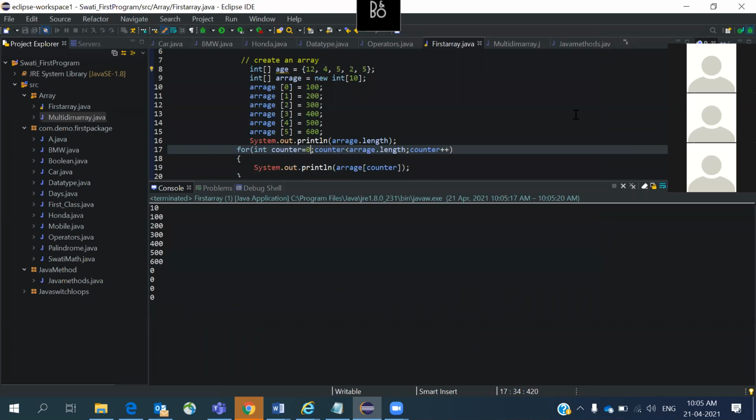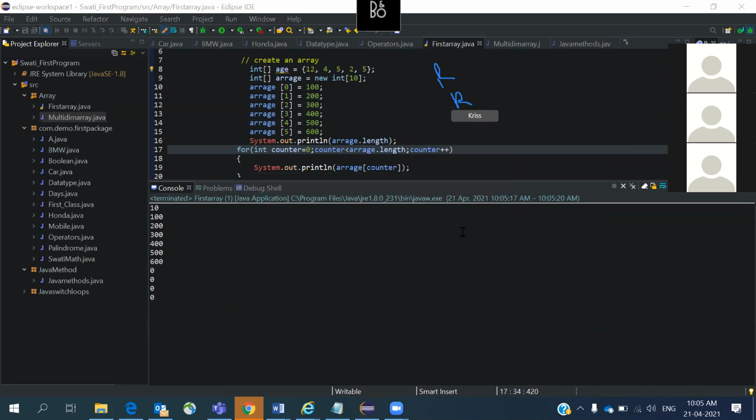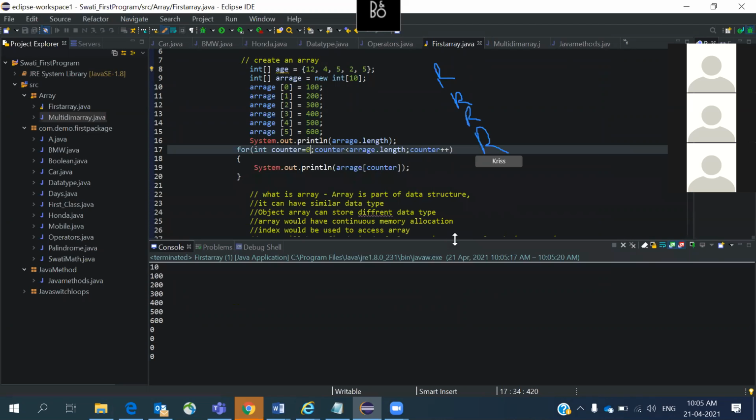So that's it. Now what are the things we have learned? We have learned a few rules and regulations of how arrays work. First thing, how to define an array. Third thing, how we need to load the values into the array. The fourth thing, how to retrieve the values from the array. Is it really hard to learn arrays? Now you tell me.